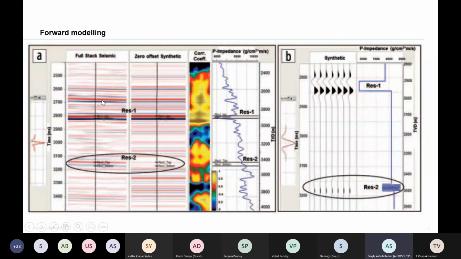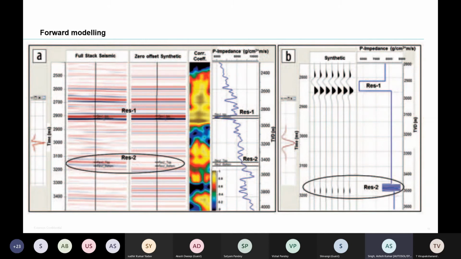This is a full stack seismic, this is a synthetic, and I have blocked the log and convolved it with this wavelet. You can see that the upper reservoir has very high amplitude, matching the upper reservoir amplitude in the seismic. But the lower reservoir has a feeble amplitude, which is not matching the lower sand in seismic. So our forward model is not matching the seismic. You have to do the forward model to understand your reservoir. You can't go directly to seismic inversion, just click the button and inversion will happen. You have to understand the reservoir.